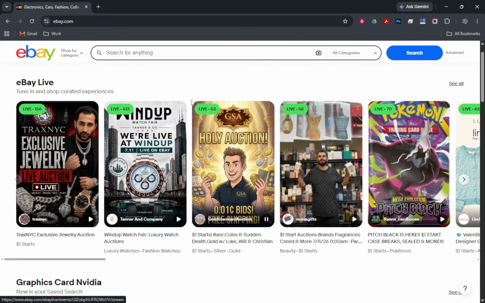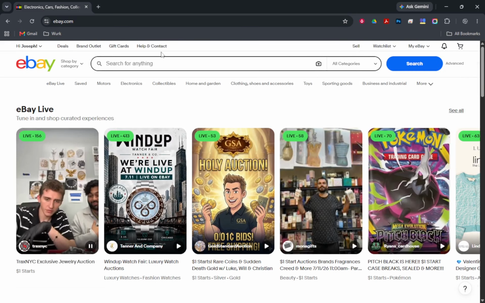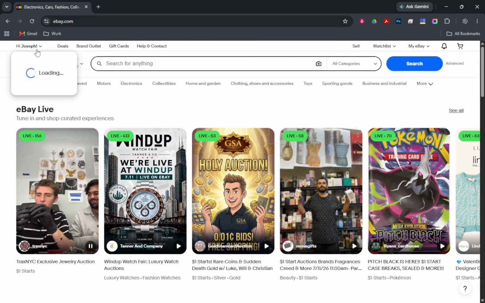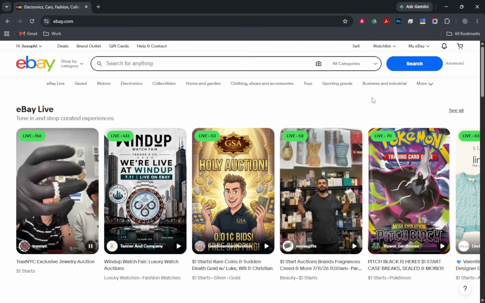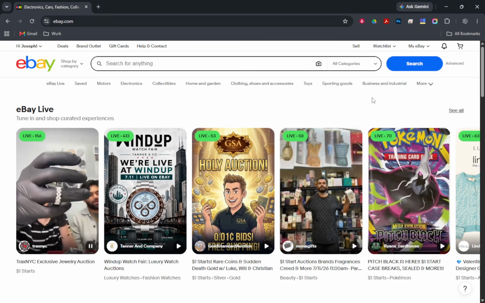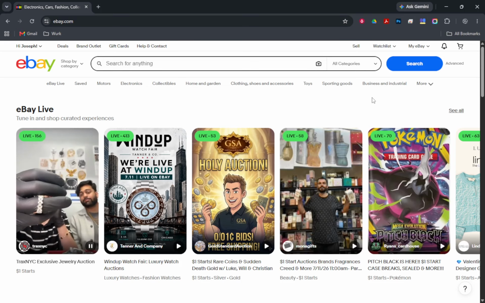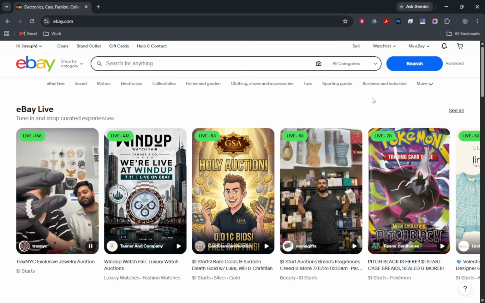Next, sign in to your eBay account for personalized support. Look for the Sign In button, usually located at the top right corner of the page. Enter your credentials carefully, ensuring that your email and password are correct. This step is essential because signing in allows eBay to tailor their support to your specific account and history. You will see a welcome message once you are logged in, confirming that you are ready to access personalized help. This personalized touch can make a significant difference in the support you receive.